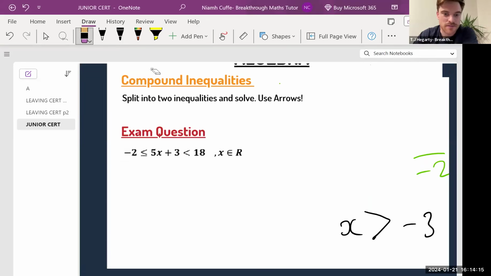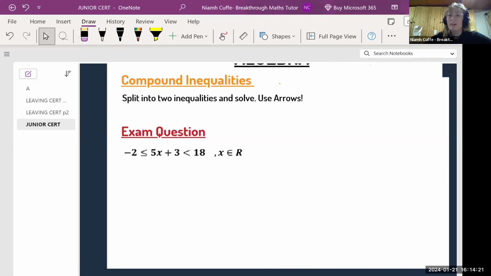That's probably the hardest one, Niamh, isn't it? How much does algebra count for the Junior Cert paper, Niamh? I mean, algebra, guys, the thing with algebra is that it's going to appear in every single topic that you have. Algebra is the basis of maths, right? You need to know algebra to do literally anything in maths, because algebra tells you how to find something